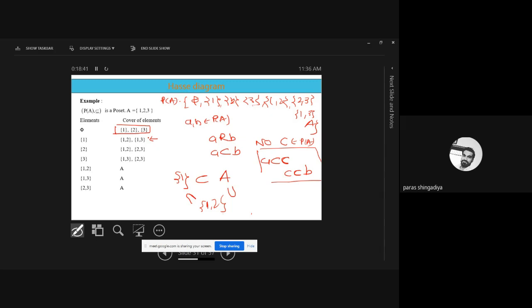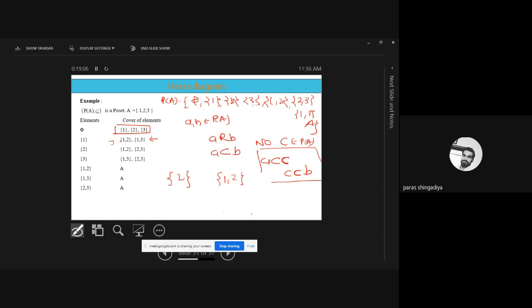Okay, so for singleton {2}, which possible answers do you have? After {2}, which pair is that? Singleton {3}, then after that {1,2}, {2,3}, {1,3} and A. Okay, the same argument will apply here. The first one is singleton {3}, so it is not an answer, since {2} subset {3} is not true. Then after {1,3}, okay, {1,2}. So {2} is a subset of {1,2}, that is correct.